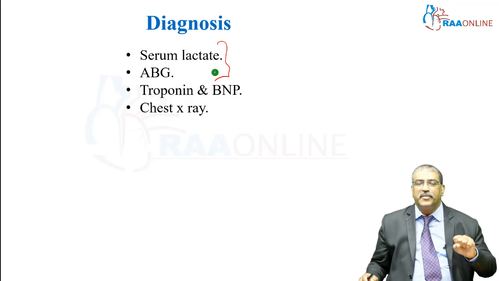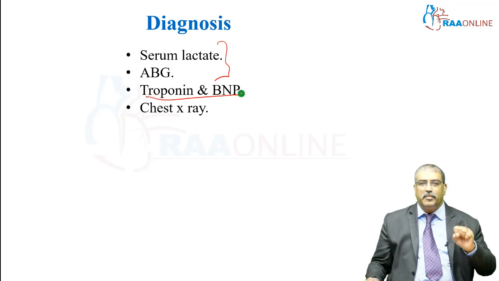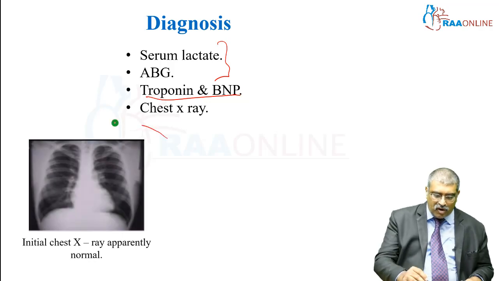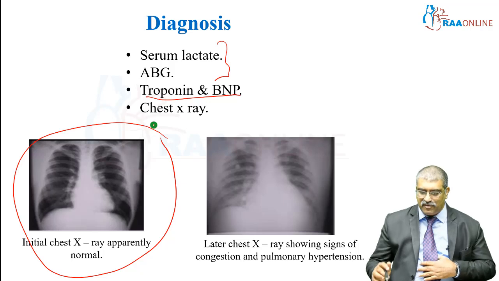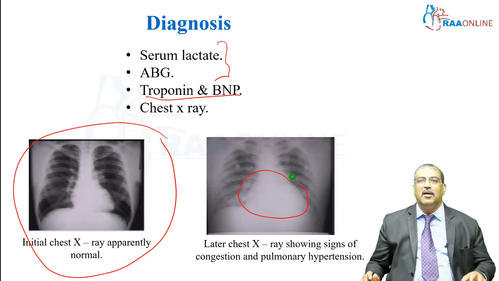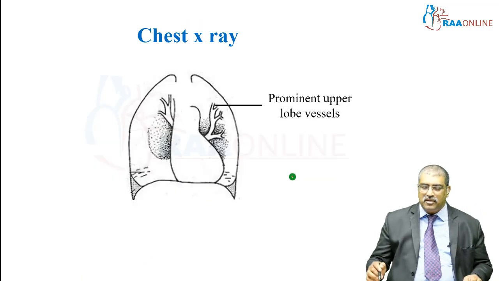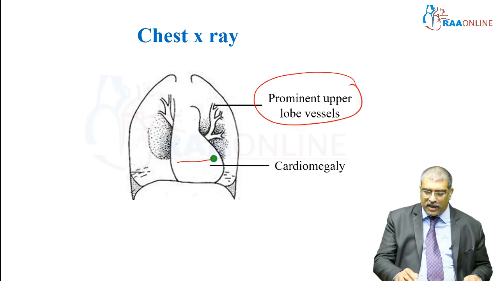And in case of cardiogenic shock, you look for cardiac biomarkers, troponin and basal natriuretic peptide. And X-ray and echo will play a major role in cardiogenic shock. This is a normal chest X-ray, and once cardiogenic shock develops, the patient will have cardiomegaly and pulmonary hypertension. And in case the patient has congestive cardiac failure, there are going to be prominent upper lobe vessels, cardiomegaly,